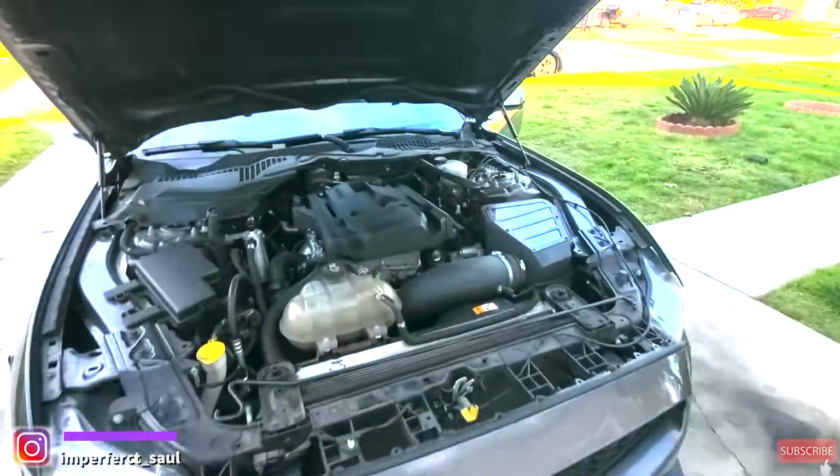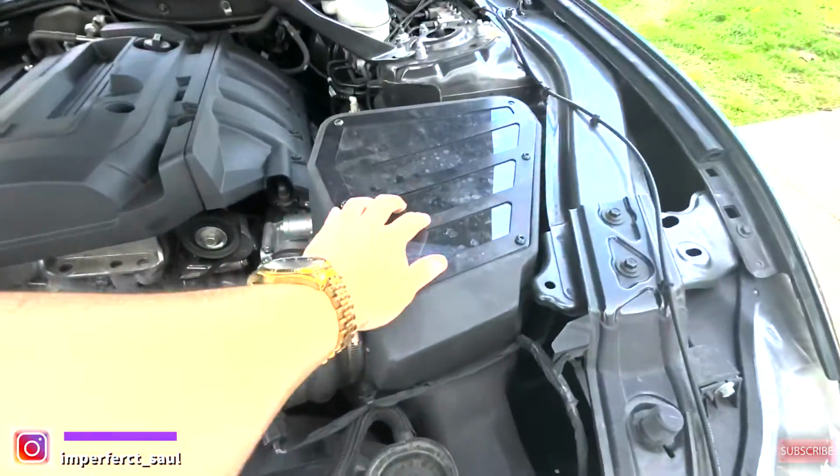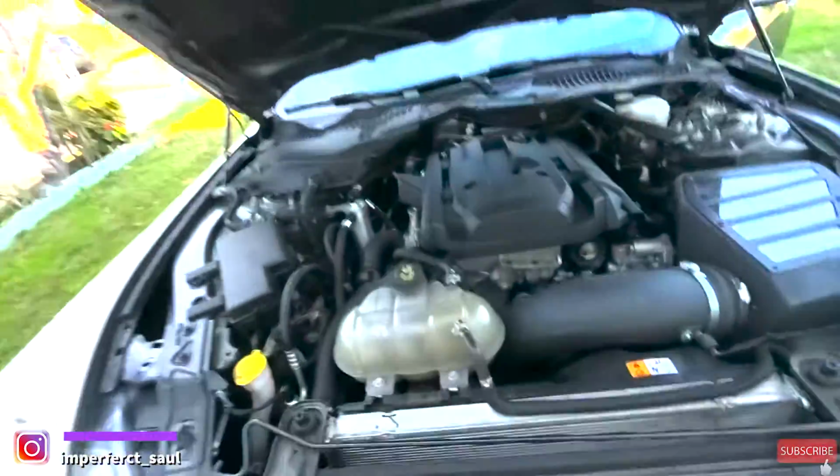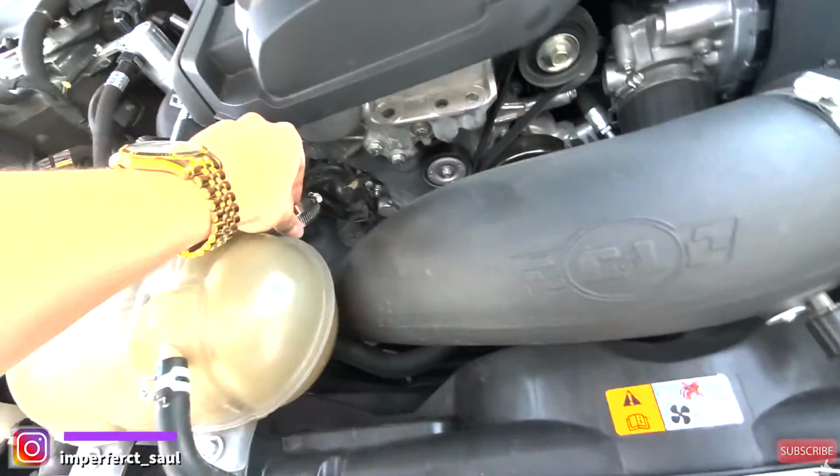But I opened up the hood. I was looking around, thinking maybe it was my cold air intake or something different. I haven't done anything to the car in a long time, so I was like, what's making that noise? It sounds pretty cool. So I'm looking around, and I found...